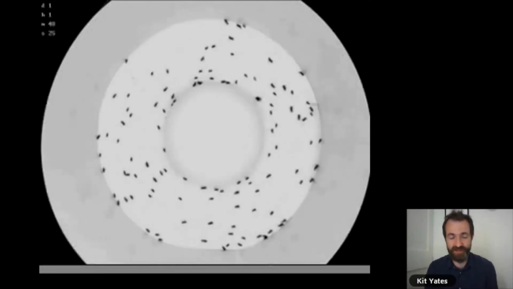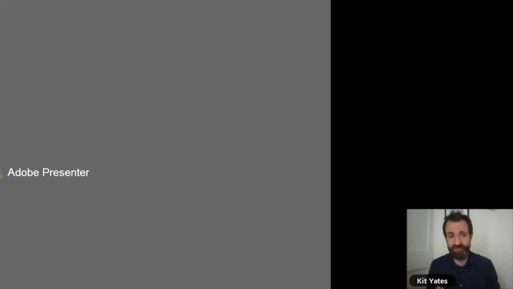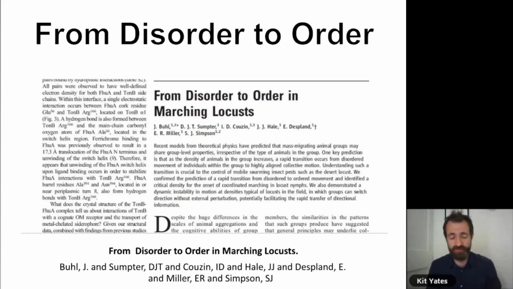All right, so you've seen the video now, and maybe we can go back to the slides quickly. So they did these experiments where they put these locusts into this ring-shaped arena. There was a big boundary around the outside. It's about 90 centimeters wide, and then there's this block in the middle where the locusts weren't allowed to go, to make it into a ring-shaped arena.